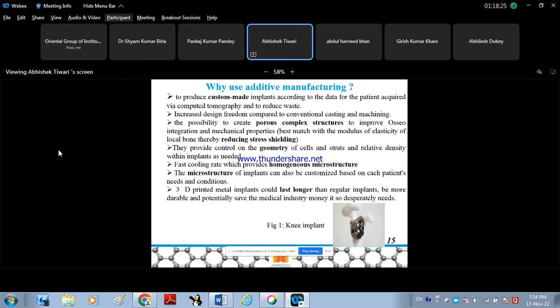So actually, we do not need to do resurgery, which is the case with titanium implants. For example, in titanium implants, we need to replace the implant because the bone will grow. So we will need to do resurgery, and if we need to do resurgery, you can imagine how painful it is going to be for patients. So additive manufacturing can play a very important role in reducing the pain of the patient. It is very important, and it will not matter how expensive it is if it can reduce the pain of the patient.